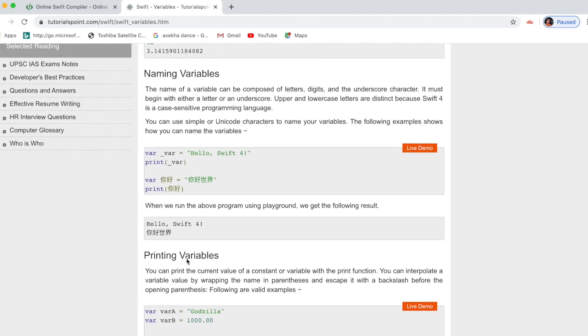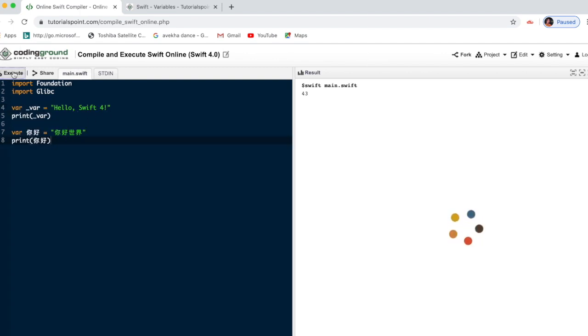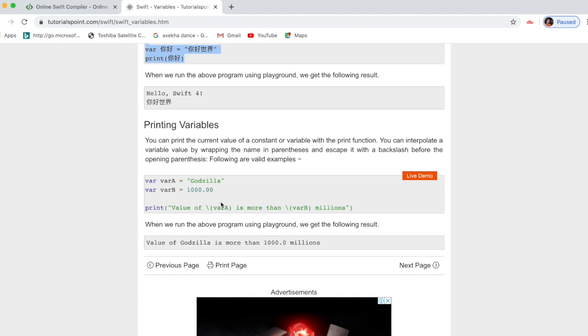Next case is naming variables. What is that? Naming variables, we can just do in this way also. See, in this way it can also get the output, or just write in whichever language, any language we can print. Equal to that string value, just print the same variable which is written here, just copy paste. So this is naming variables. Next, printing variables, how to print. So just go through this, and I need to mention how to do this.